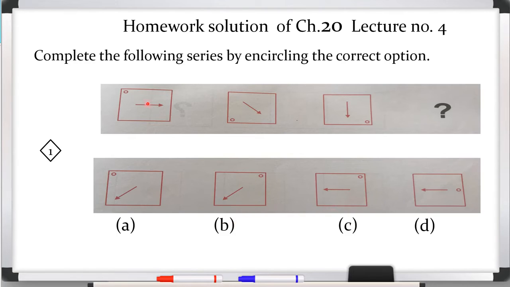But now we have to observe this arrow also. So here this arrow is in between. Then it shifts to the bottom part, then again at the middle bottom part, then it should be at the left hand side bottom part. So here this option number B is correct, so we will circle this B part, and here we will write the answer that option number B is correct.